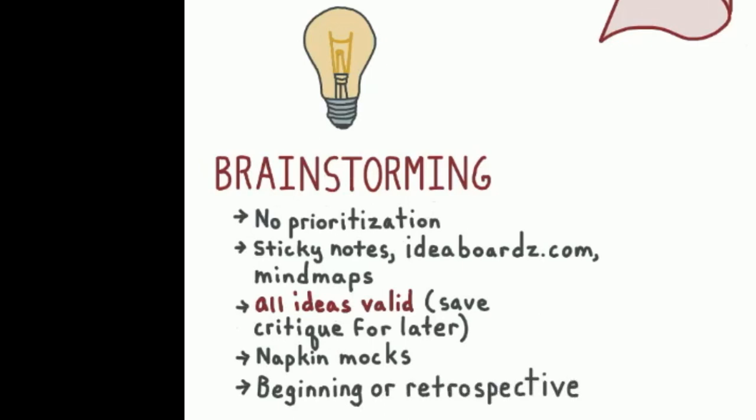Examples of brainstorming topics can be the creation of potential feature names, how the team will address identified features, or how you will address previously identified problems or risks. Mocks that are hand-drawn or created using low-definition mock software are useful during this time. Brainstorming can take place at the beginning of an engagement or at the end as a part of a retrospective.